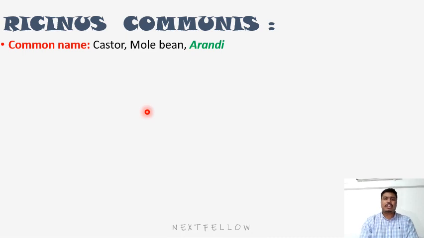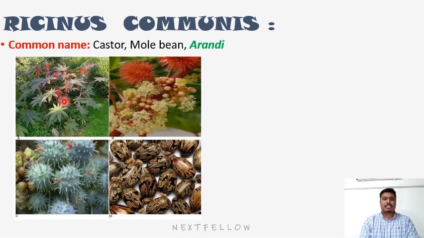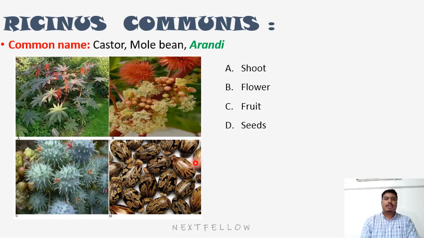These are the various parts of the plant. This is the shoot, this is the flower, these are the fruits and these are the seeds of the Ricinus communis. The plant bears leaves which have toothless margins, and the fruits are spiny, globular, three-lobed and soft, and the seeds are flat, shiny and mottled with markings from black to brown in color, and they resemble croton seeds.